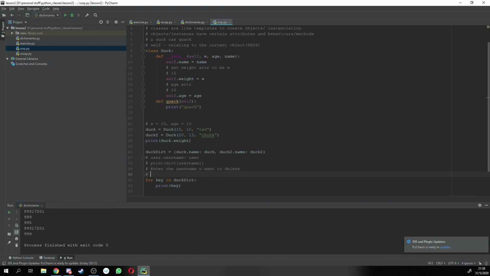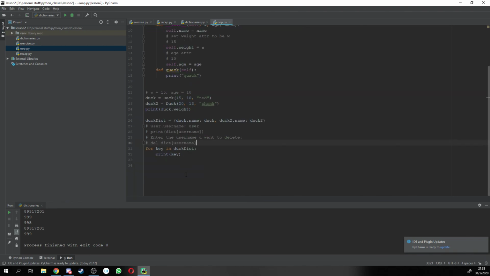Then they can say something like del, the dictionary name, and then the username, like that. How I would recommend you to do this is using a while true loop, correct? Okay, so firstly is